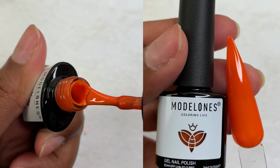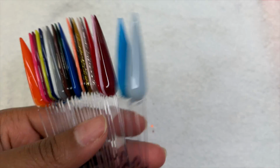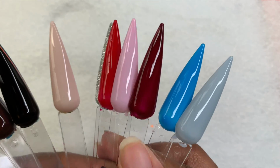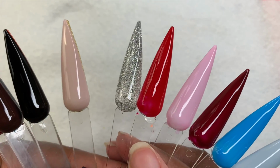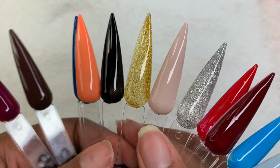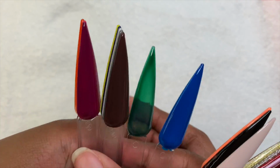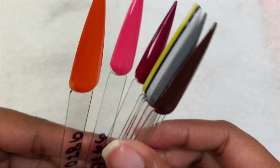And each swatch stick was cured for 30 seconds, and then I just went ahead and applied a top coat to all of them and cured them for 30 seconds again. And then I put them on my swatch stick, and here are the colors side by side. It comes with so many colors. These are all one coat as well,